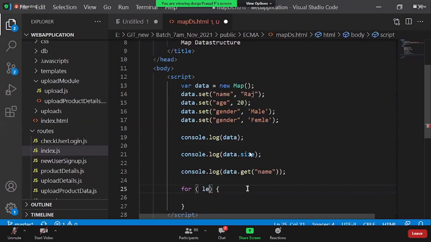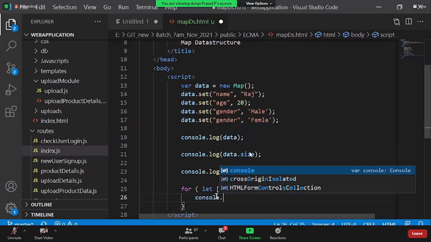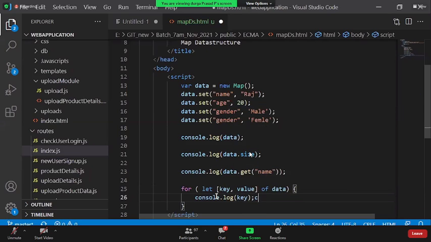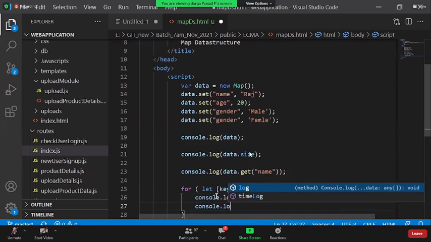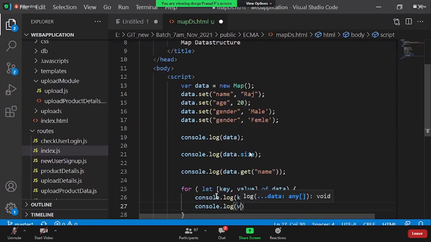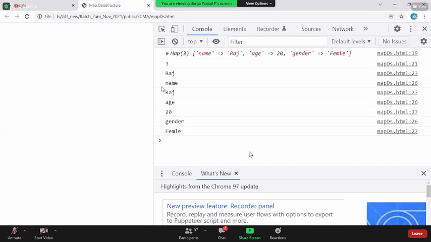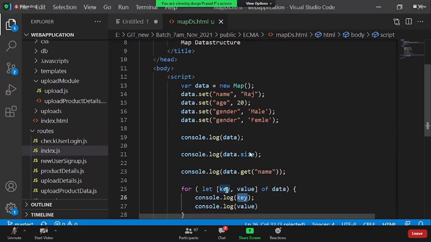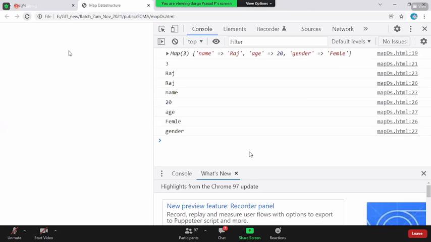So what I say is, let's say some key comma value of, what is the map name? It is data. Now you console log the key and console log the value. Now if you save this, reload the page, it will automatically iterate. Sorry, it is not key and value, it should be value comma key.